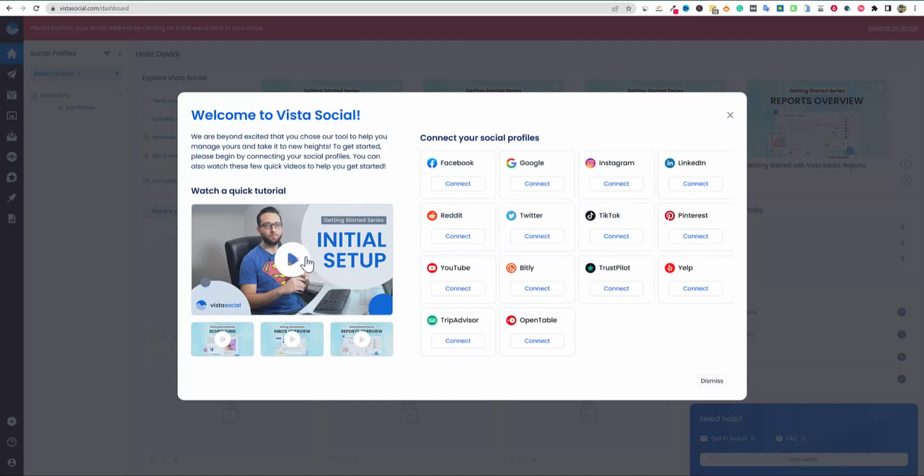I'm going to be going through the process, and right away it says welcome to Vista Social. It's asking us to select between 4, 8, 12, 13, 14 accounts or applications that we can utilize and connect. We're talking about your Instagrams, Google, Facebooks, Reddits, Twitter, TikTok, Pinterest. A couple of observations right off the bat: it's amazing that they have YouTube on here,